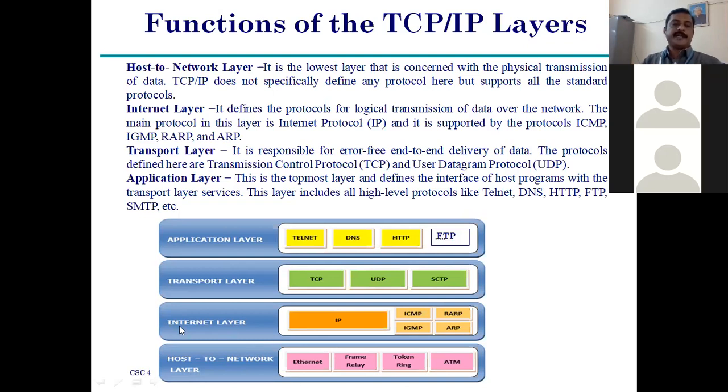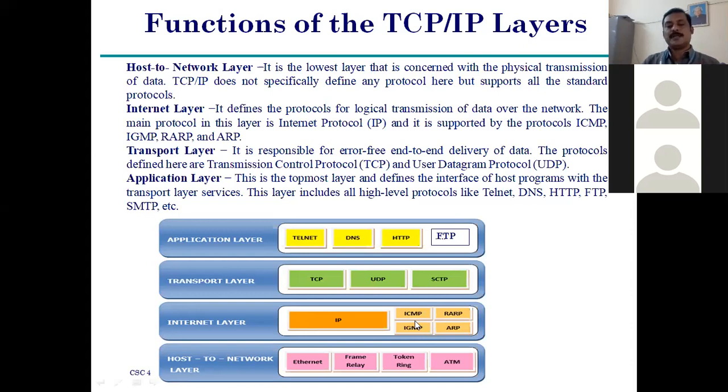So coming to the internet layer. The next layer of the TCP/IP is also known as the internet layer. The example protocol of the internet layer is IP, Internet Protocol. By using IP, we can access the information and connect nodes for transmitting the information. That internet protocol works very well based upon these protocols.